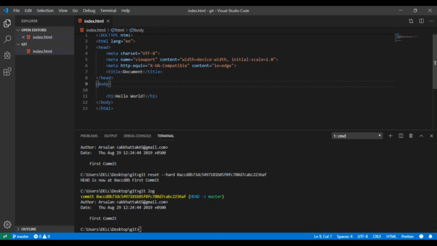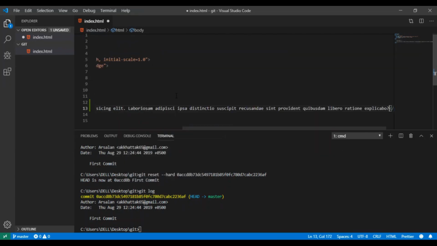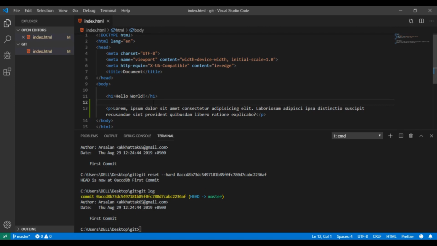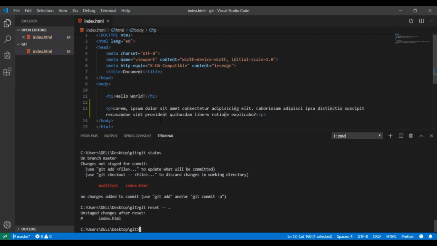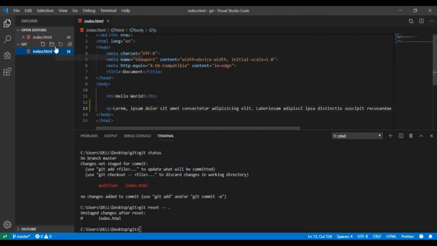So yeah, these are some of the basics. And one more thing that I would like to show you is, I made some changes to this index file, and this file is not committed to the local branch. So now if you want to go back to the commit, for that we can just use git reset --hard. And now if we close this file and open it again,